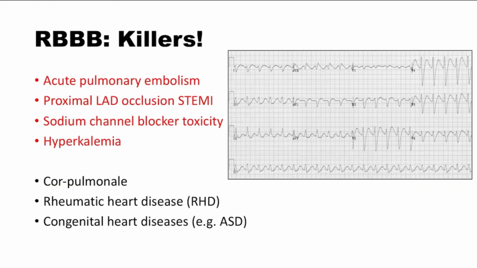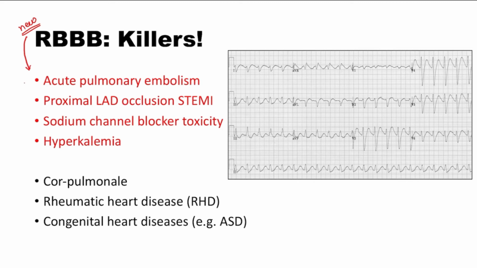Now, talking about the etiology, what really leads to a right bundle branch block? Is it just a benign condition seen in chronically stable patients like cor pulmonale, which may be stable, not really an emergency scenario, or patients who have pre-existing heart disease like some cardiomyopathies or rheumatic heart disease, for example? Well, you should understand that it can very well be a new manifestation to the patient's ECG, and if it is so, it can lead to devastating clinical outcomes.